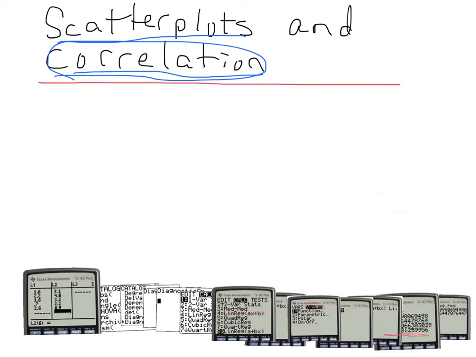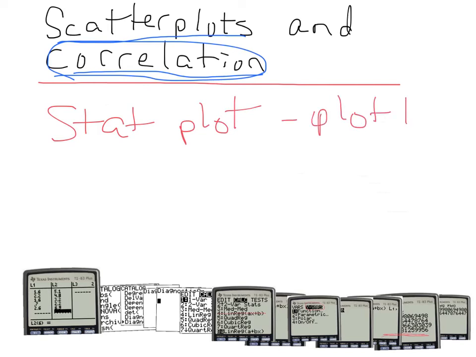One last thing you can do is you can look at the scatter plot by hitting second y equals and go to that stat plot again. And I do not have screenshots for this one, but you go up to stat plot, and then if you hit enter on plot 1, you'll see that you have types of graphs, and the very first one has this kind of a look right here. We've got kind of like lines and dots that kind of go like that, and that is indeed your scatter plot. If you hit enter on that,